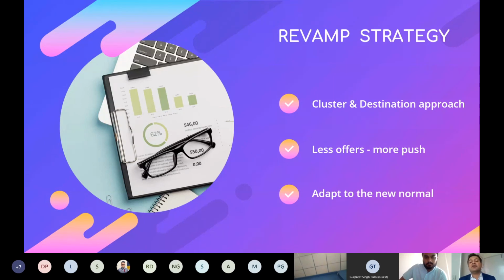Otherwise, when something is free, you are the product, and you will end up showing their ads on your assets, which is not a great thing to do. So my advice is that think about this, form groups, decide on which apps or solutions fit your requirement best, decide among yourself who goes for what, create logins. Maybe an app like QR code scanner gives me power to create say 10 logins, and all our 10 people can use it on their own without the need of sharing the ID and password. So that's one thing which I think is a great idea. If you use that, you'll have all these apps at a much lower cost than what we just talked about.